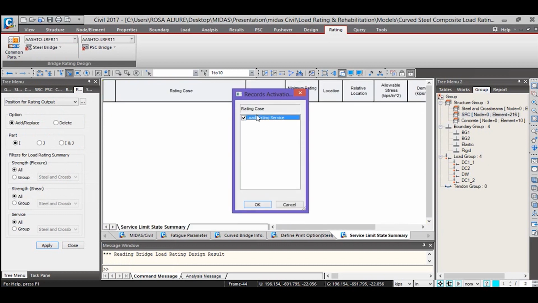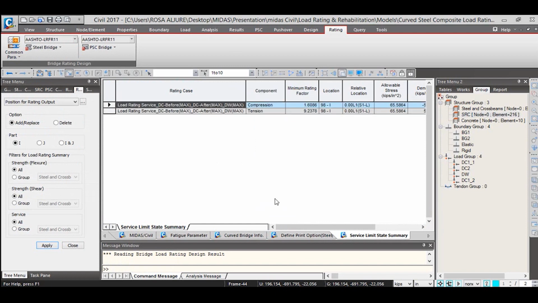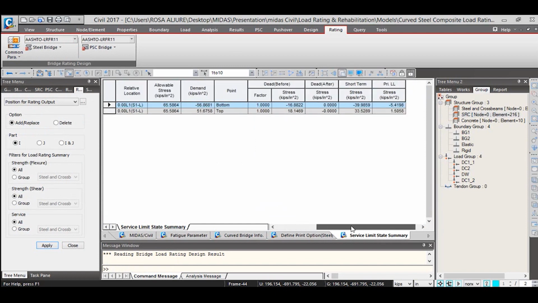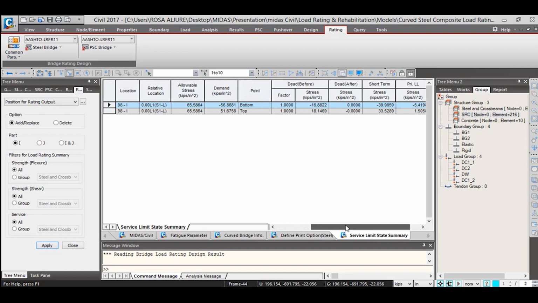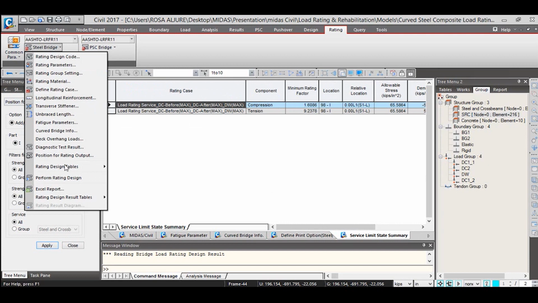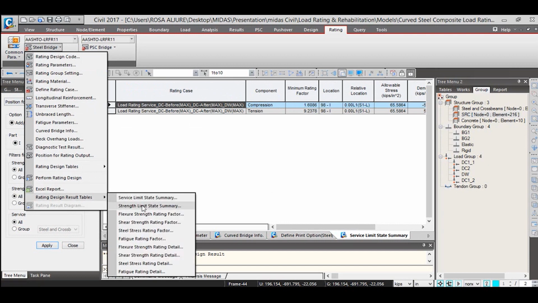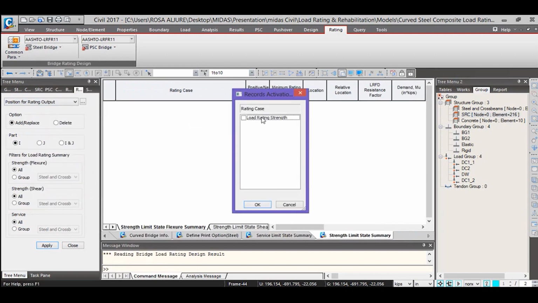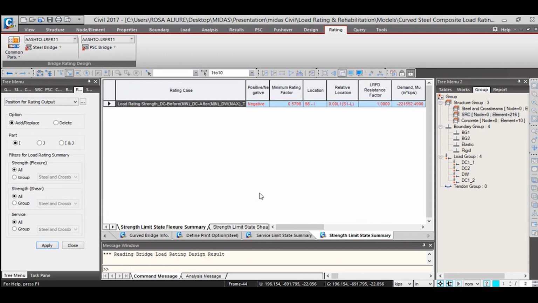For the service load rating that we defined, here's a summary of it: short term, long term, stresses with their own allowable stress, as well as the strength limit state summary for the strength load rating case that we defined.